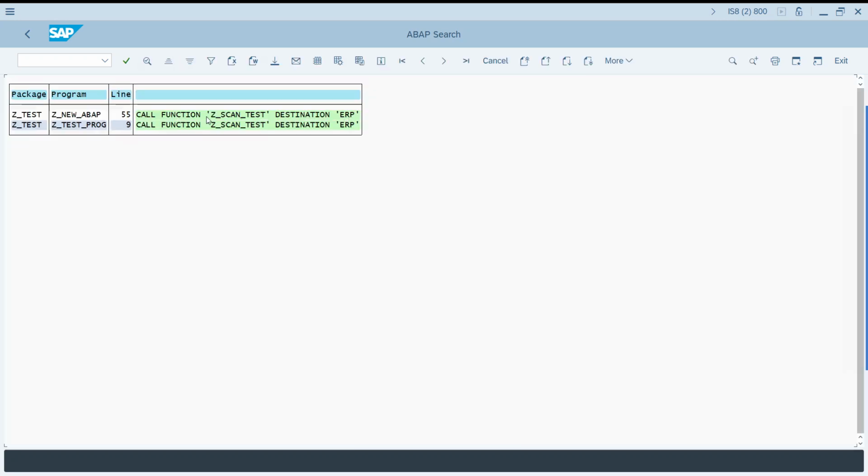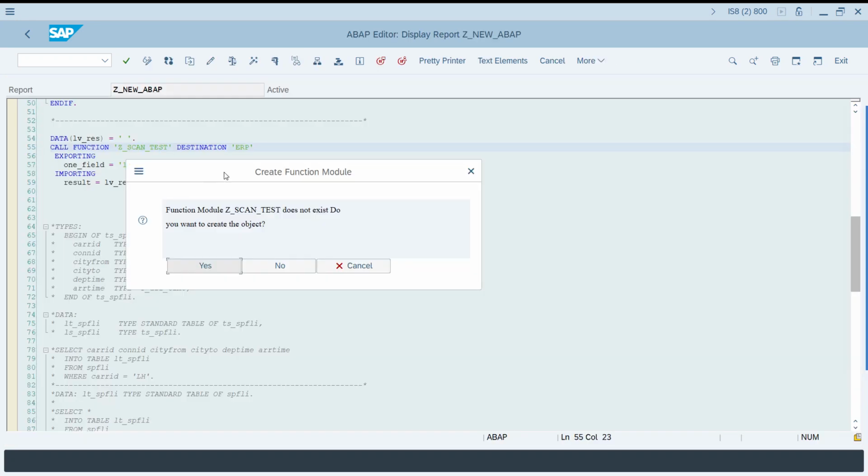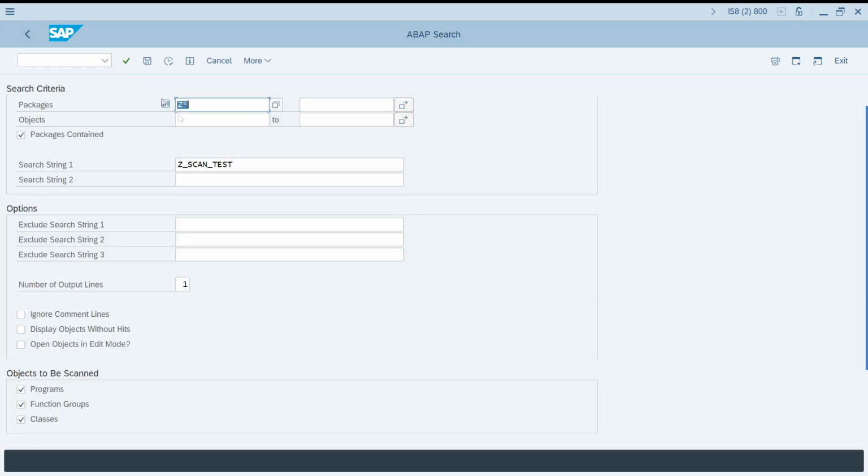Now we see the places, for example, go to the first, and how you can check, for example, this function module does not exist in this system. And for checking the system, the transaction code scanner, in this case, is very useful. Also, you can use other words which will be useful in your cases.